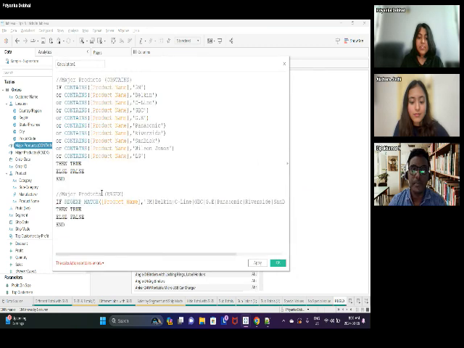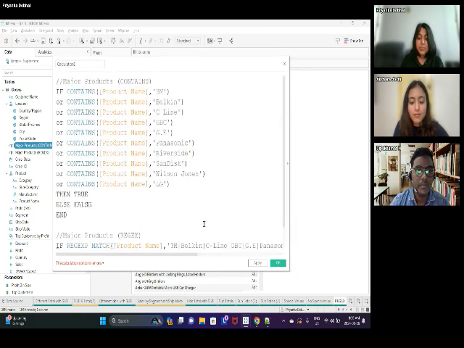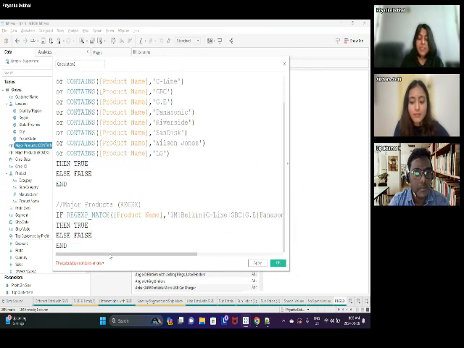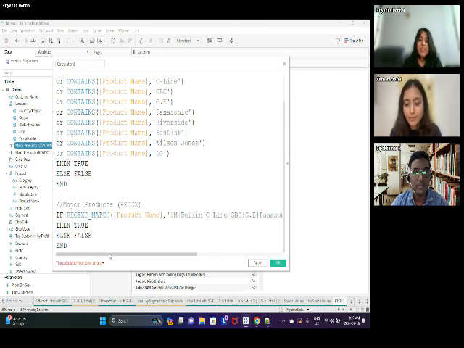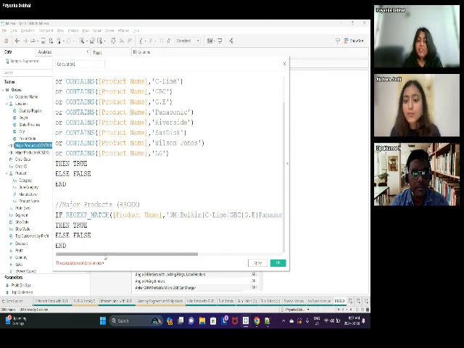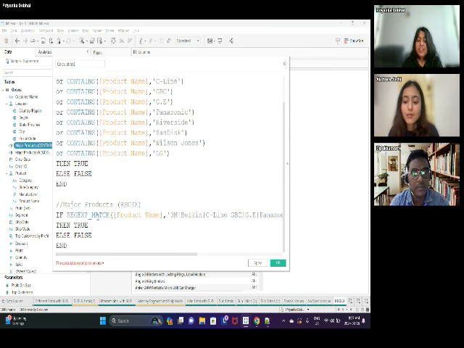Let me just zoom in a bit for you to see. Okay, the second method that we have is regex match. So regex is a very powerful function, and I think we can do a whole session on regex, which can cover all the regex functions. But to give you a brief idea, regex is a regular expression. So we look for pattern matching using the regex function, and regex match is like you're matching a regular expression pattern from a product name. So, in simplest terms, my regex match is checking for a product name and checking all of these patterns.